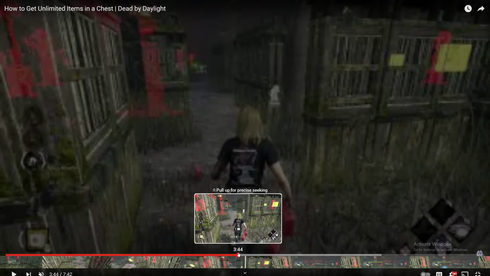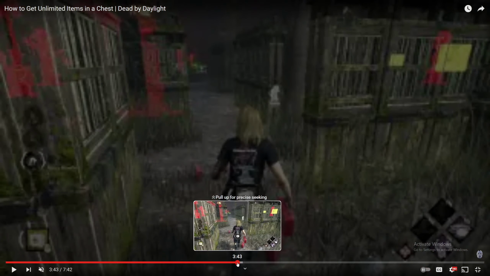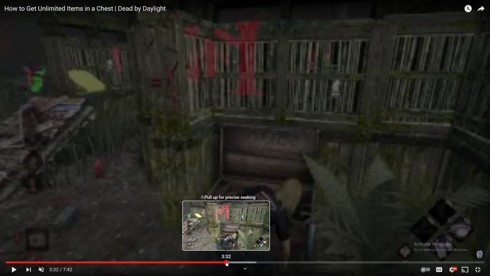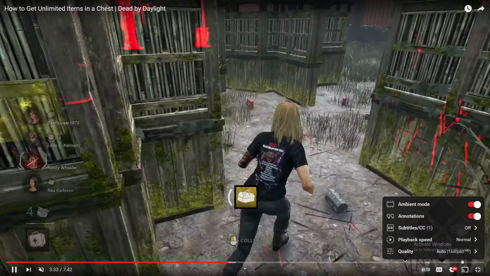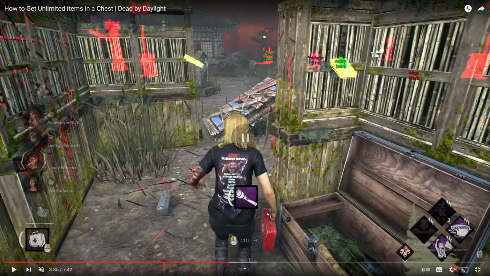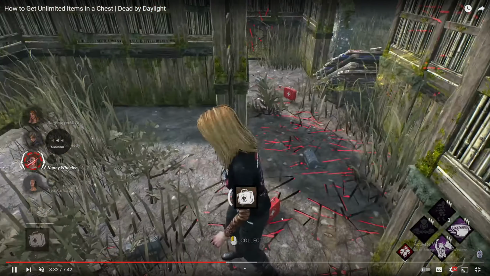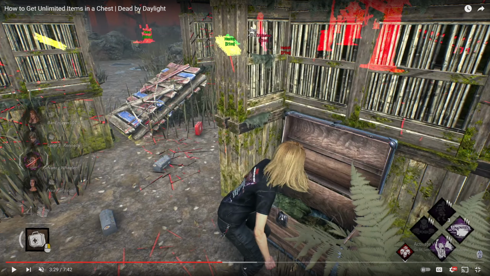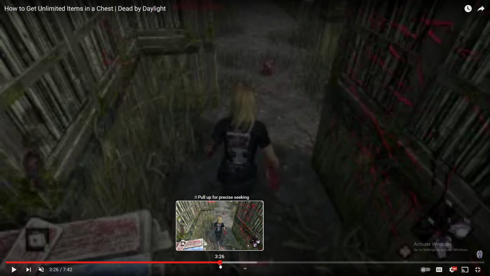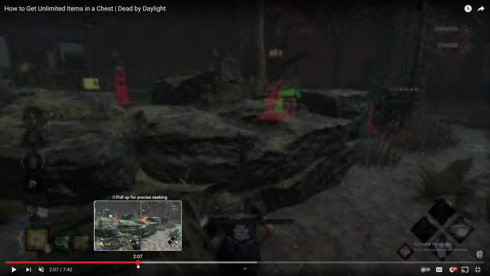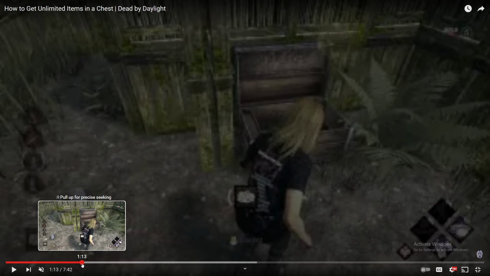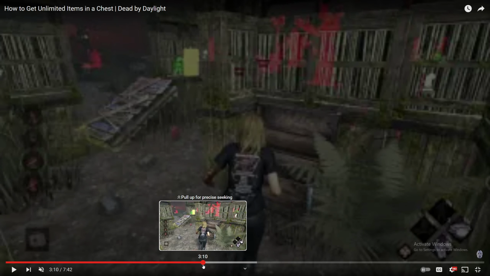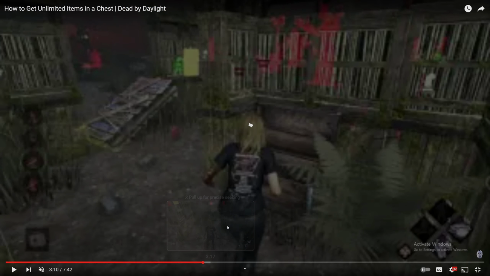Here we go. Holding med kits. Something that shows a lot of items, if possible, or maybe we just show this shot. Once again, I'm going to check my resolution. We are at 1440. Yeah, so this one is going to be... Let me go back. So back here, there's not a lot of items on the floor, I don't think. So I think the best shot is probably going to be